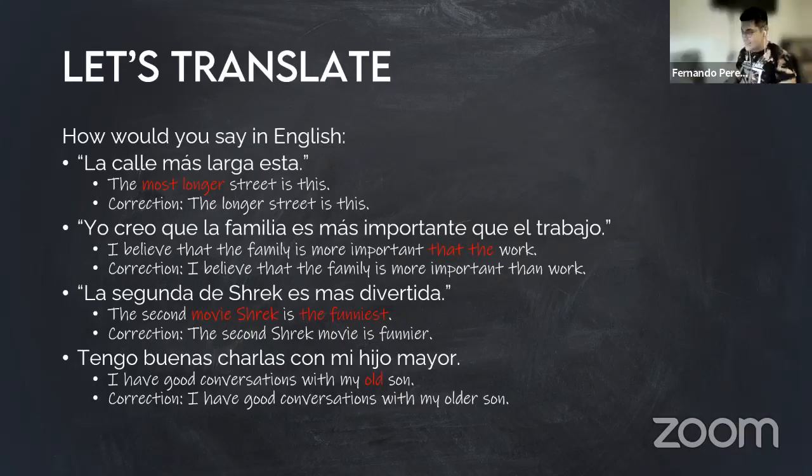In the same context, you can talk about any kind of sister, family member, like cousin, sister, brother, son, daughter, etc., where you have two and you can compare. For example, I have